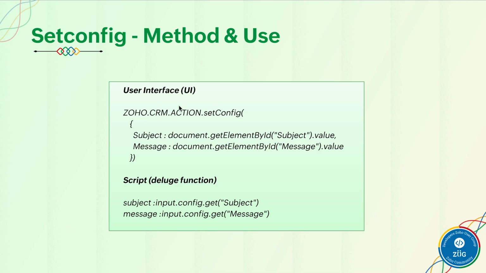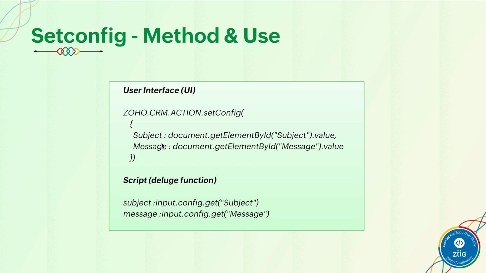Let's say in the custom UI, you are going to have this particular method. You're utilizing this method to save the values provided by the end user to variables. Let's say, in the previous example that we saw for sending out an email based on different criteria, in the UI we'll be getting the email subject and the message that needs to be sent out. Whatever value is provided by the end user for the subject and for the email's message can be saved to variables called subject and message. So in the UI now, whatever value is provided will be saved to these variables.